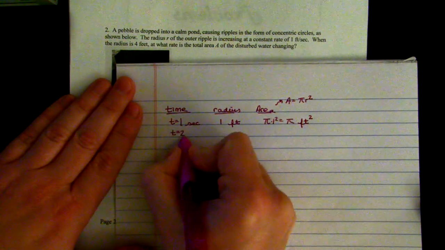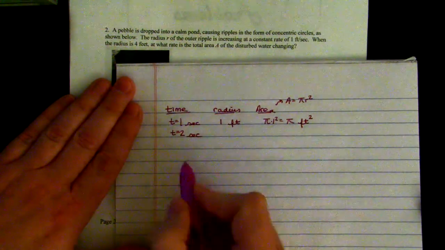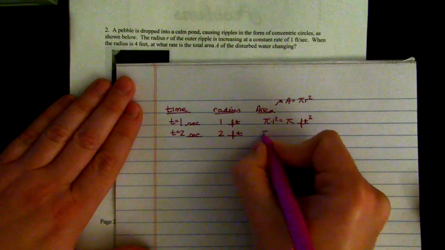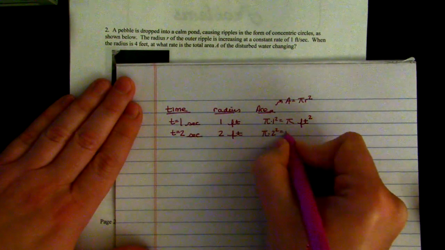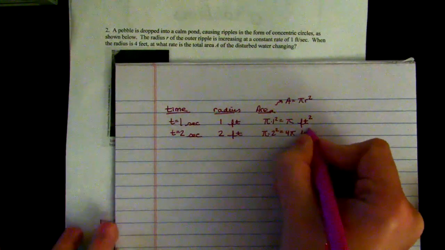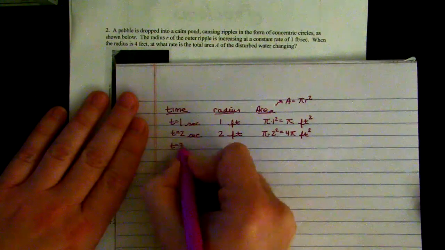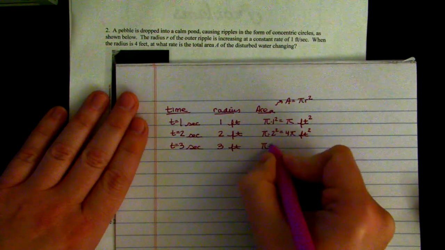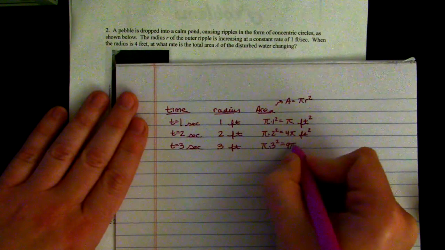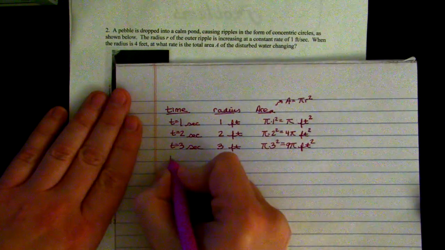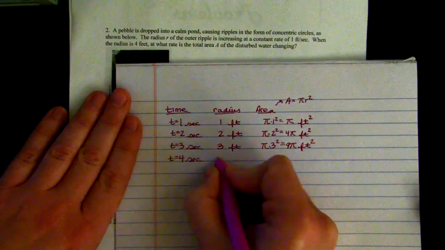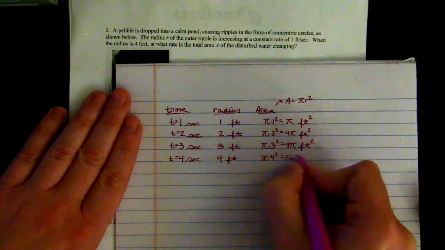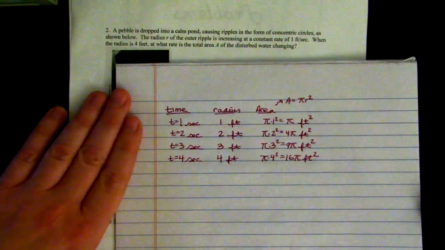Because we know the radius is increasing at a rate of 1 foot per second, I know after 2 seconds my radius is going to be 2 feet, giving me an area of pi times 2 squared, or 4 pi feet squared. When t equals 3 seconds, my radius is 3 feet. My area is going to be pi times 3 squared, or 9 pi feet squared. When t equals 4 seconds, my radius is 4 feet. My area is pi times 4 squared, or 16 pi feet squared. I think this is good enough to see that